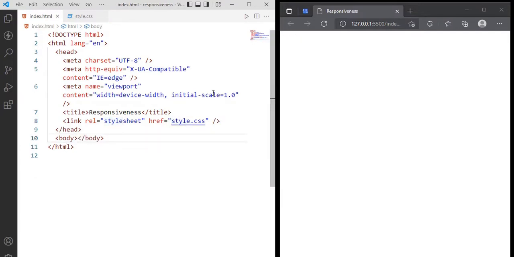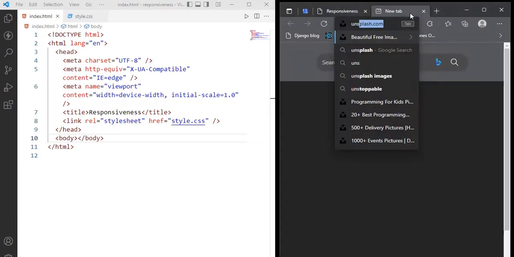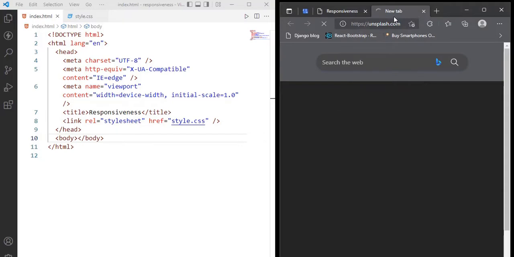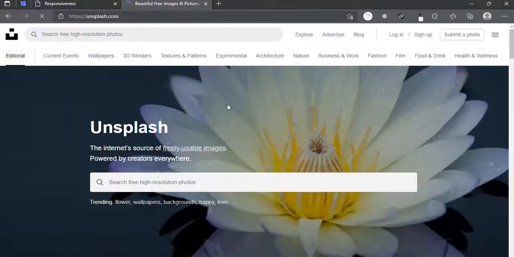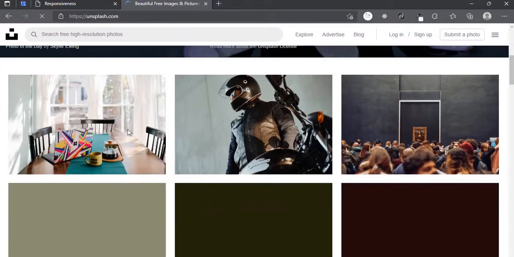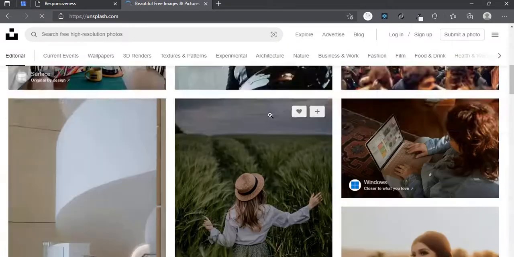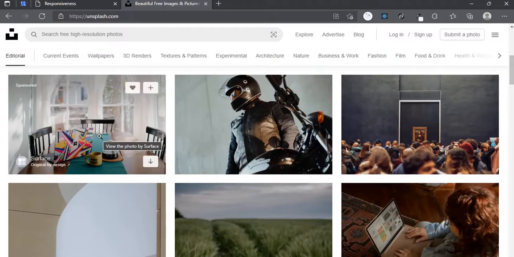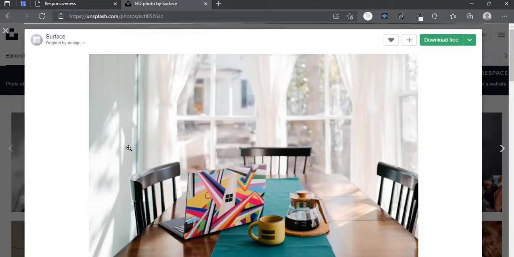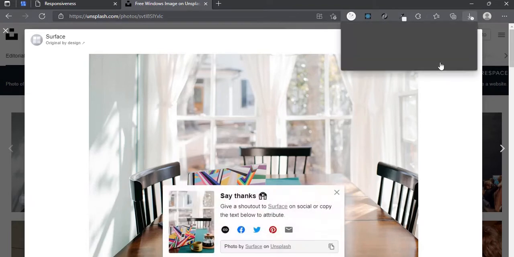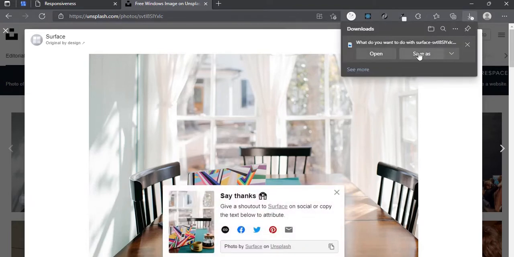We can go to unsplash.com or Pexels, anyone, but I prefer Unsplash. So you can go over here. Let's make it bigger. Let's download some images that look similar, like these three. They look similar, like they have almost the same size. So we can download the small version. So we can save as